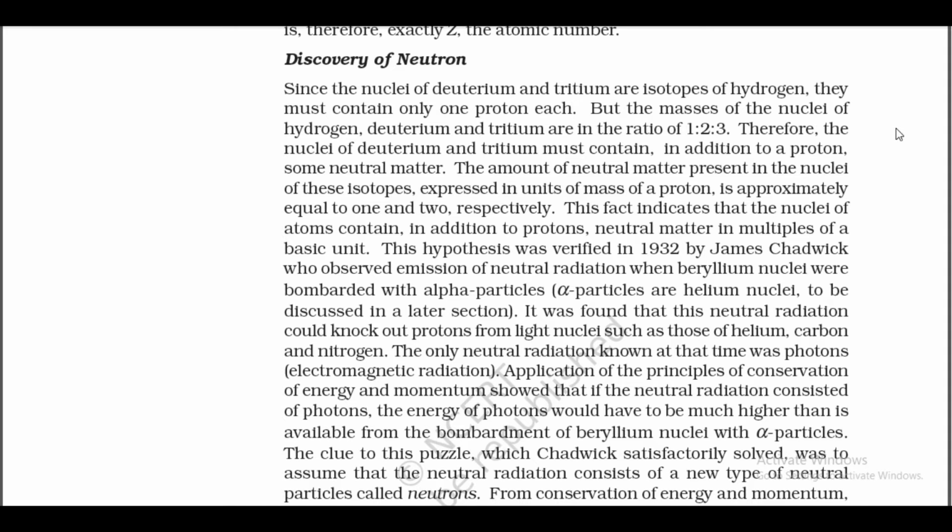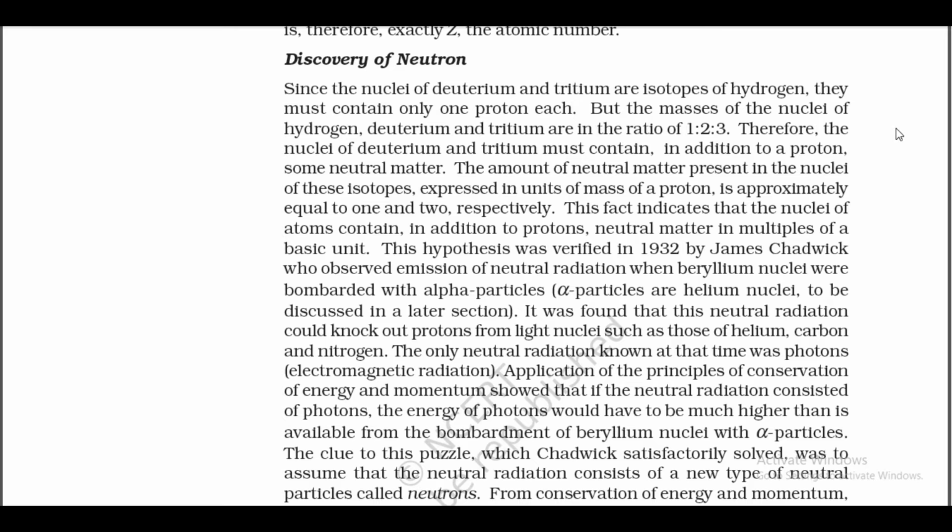But the masses of the nuclei of hydrogen, deuterium and tritium are in the ratios of 1:2:3. Therefore, the nuclei of deuterium and tritium must contain, in addition to a proton, some neutral matter. The amount of neutral matter present in the nuclei of these isotopes, expressed in units of mass of a proton, is approximately equal to 1 and 2 respectively. This fact indicates that the nuclei of atoms contain, in addition to protons, neutral matter in multiples of a basic